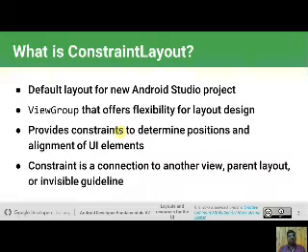It also allows relative layout and linear layout inside the constraint layout. It provides constraints to determine positions and alignment of UI elements. A constraint is a connection to another view, the parent layout, and invisible guidelines.